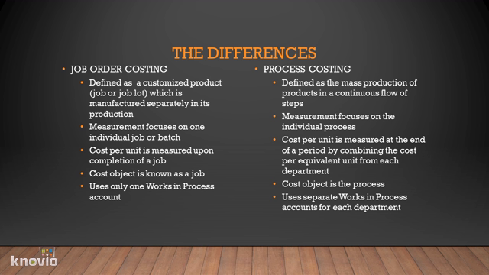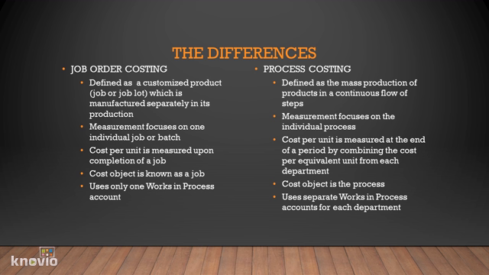The measurement focus is that job order costing focuses on one individual job or batch, and process costing is on the individual process itself. The measurement cost per unit, job order costing measures upon completion of a job, and that is total cost divided by the number of units in a job. And then process costing measures unit cost at the end of a period by combining the cost per equivalent unit